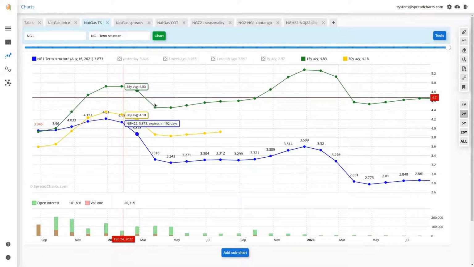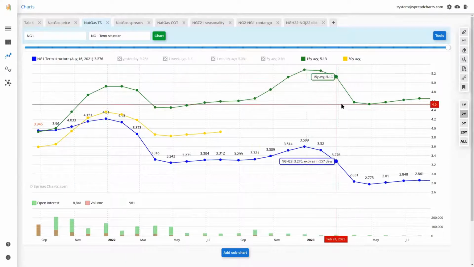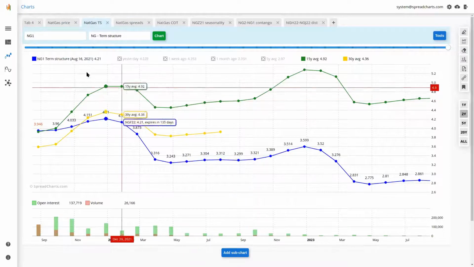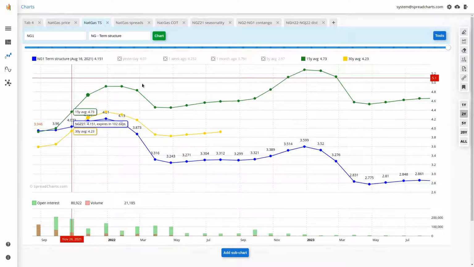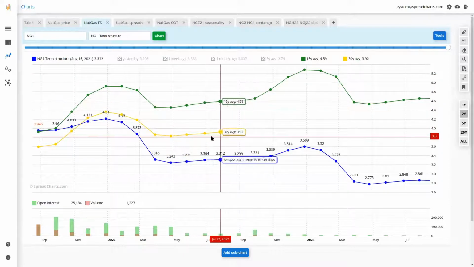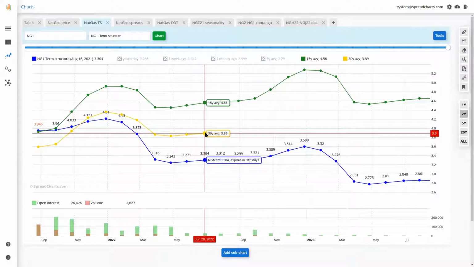And keep in mind, the averages are valid for today, for this part of the year. They are constructed by taking the prices on August 16 over the past 15 or 30 years. That's because, as I said, there are huge differences between the prices in winter and in the off season.